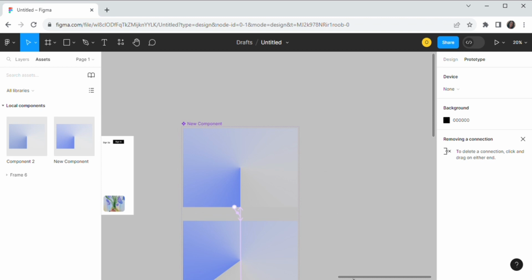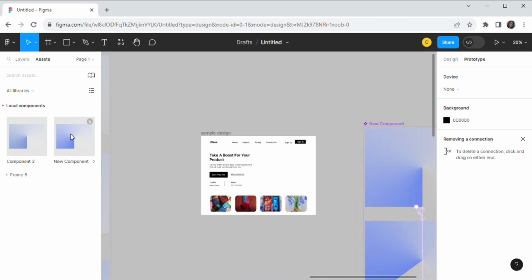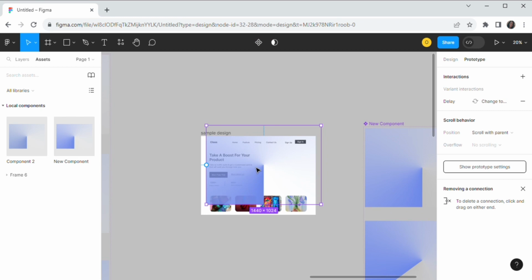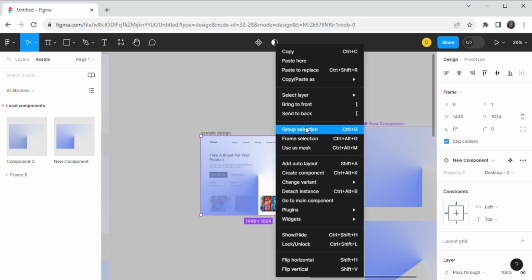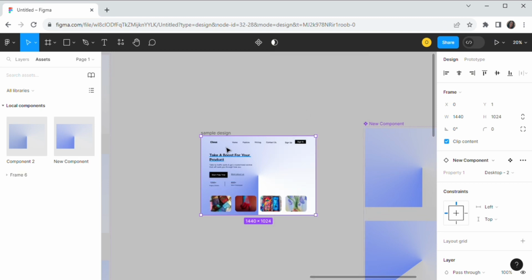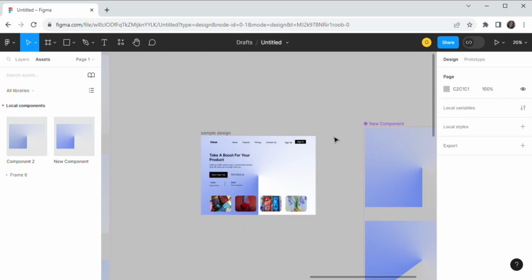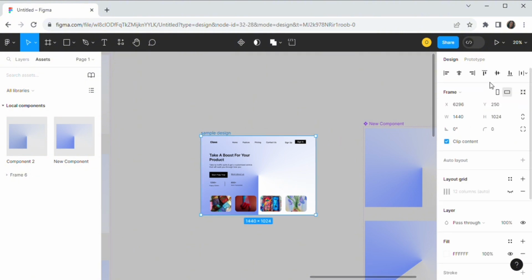So now that we have it here, we just simply drag it into our design, just like so. Remember, I told you I wanted the exact size so that when I want to put it in, I don't do too much. If I wanted it to go under the menu bar, I just hold on my control key and I drag it down, but for now I want it all around. So I'm going to right click and send it to back because it was covering my design. Now that this is done, we're just going to